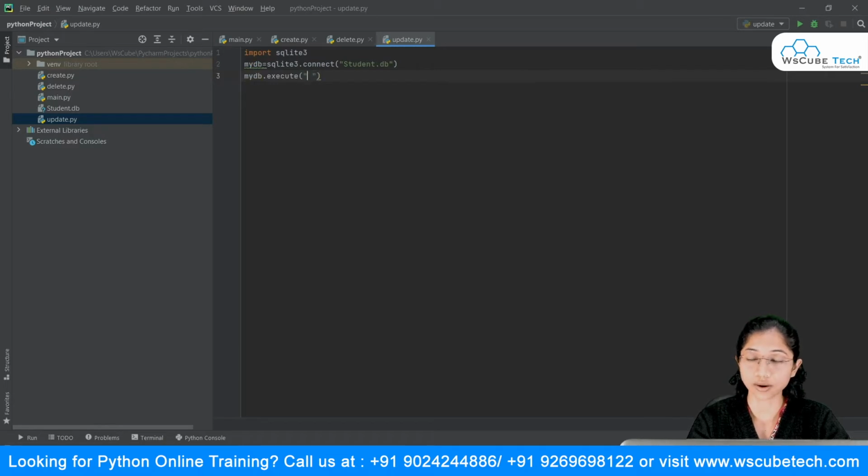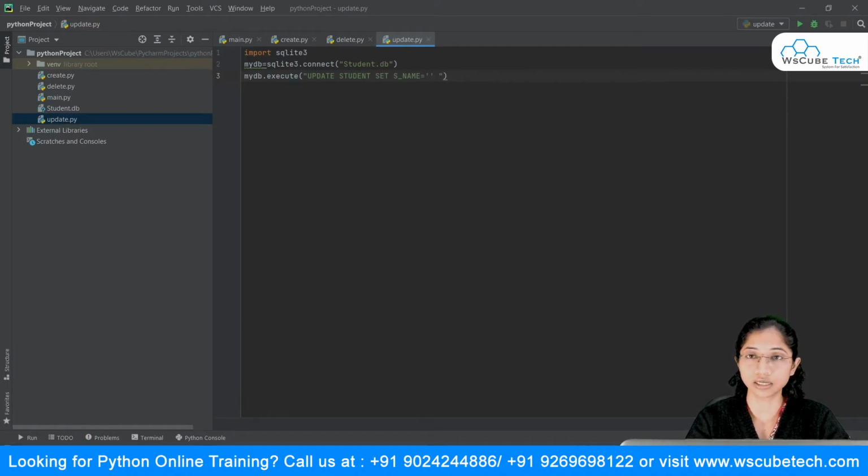Now I want to update the record that is already present inside my data. For that, I will say update student set. Let me first write the entire query and then I will explain it to you. So I will say update student set, and suppose I want to set that s_name, so I will say s_name is equal to Tanvi.